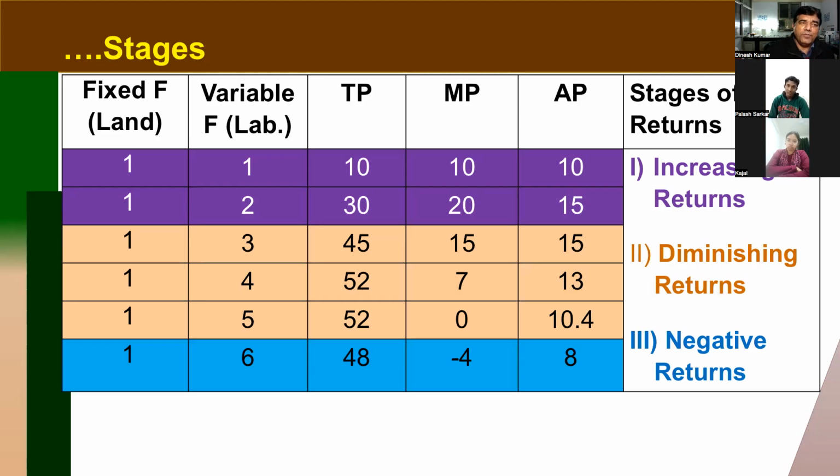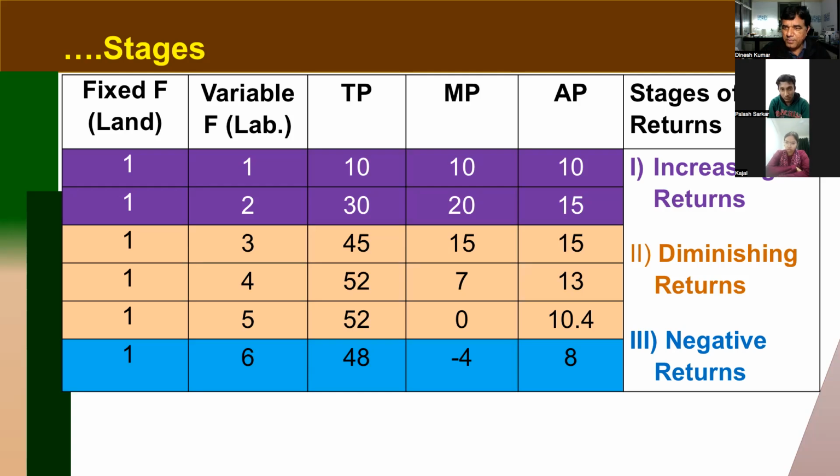you are changing the proportion of the fixed and variable factor. And similarly, the output in terms of marginal product is not uniform. It is non-proportionate, initially increasing, then decreasing, and finally becoming negative. So we will understand the reason why this change is happening in MP, why it is not always increasing. If it has started decreasing, why it is becoming negative. So we will see the reasons for increasing return in phase 1, decreasing return in phase 2, and negative return